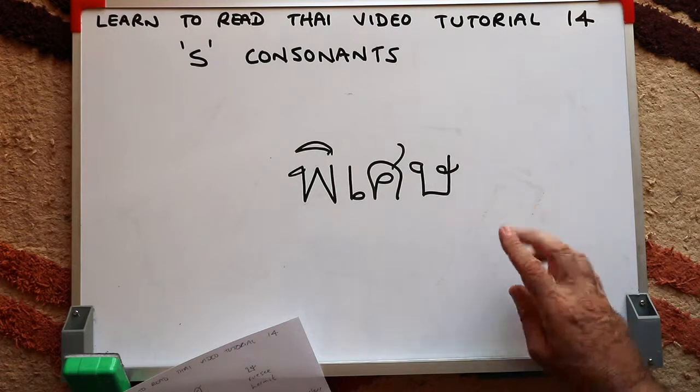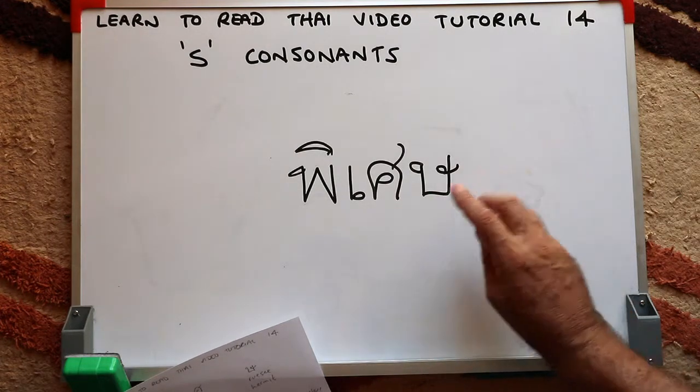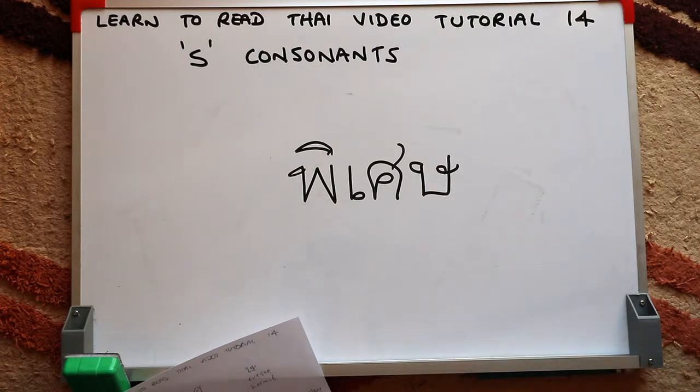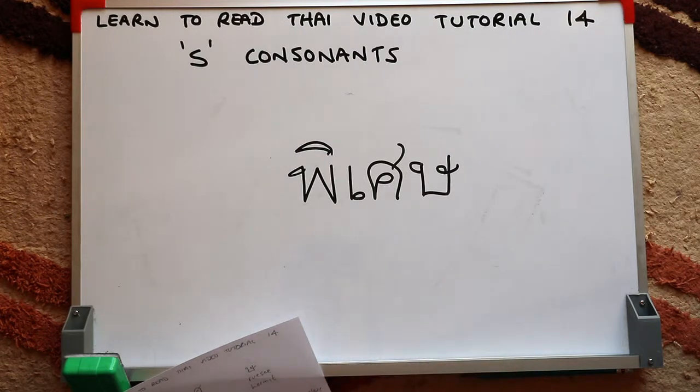So the tone rule for a high class initial consonant, a dead syllable and a long vowel is a low tone. So the first syllable is high and the second is low. I'll just get Pom to say that for you again. พิเศษ พิเศษ พิเศษ